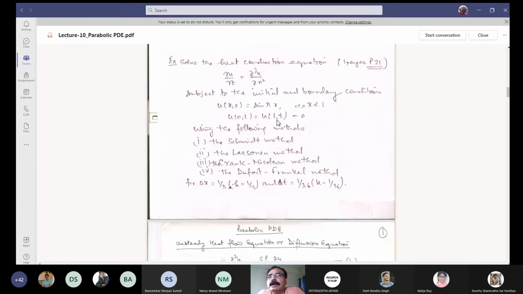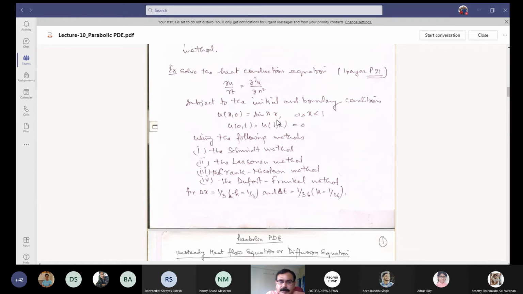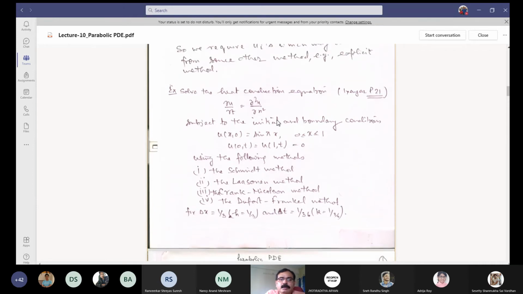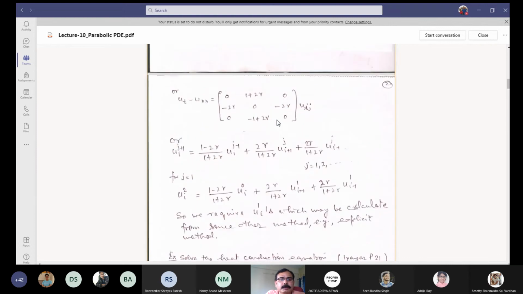And the book is not the same one. The author is the same, but it is a separate, thinner book, not a very thick one like your Iyengar Numerical Solution of Differential Equations book. The same author, everything is the same. It is a separated part of that, the one on partial differential equations. You can see it is available in the market. I don't know if it is available online or not. I haven't seen. None of your friends earlier has reported anything of that kind.